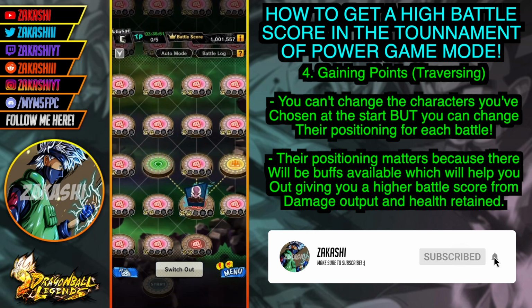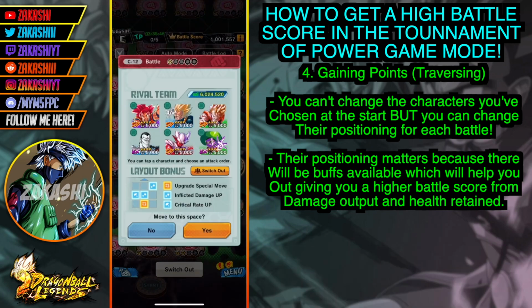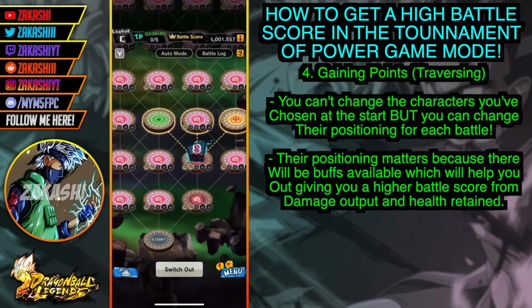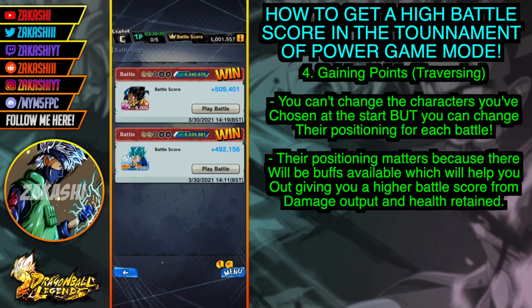So I'm going to go here. You can see I'm right here, but my next battle is here. I can click into it, and it tells me that you have layout bonuses. So depending on where you position certain people, you can actually give them buffs. Because of this, which I didn't notice at the start, my battle log's actually quite weak. Here I could have got more points, but I actually got more points here. I kind of locked out my points. I should have got way more, but I didn't pay attention to the possibilities to get a higher